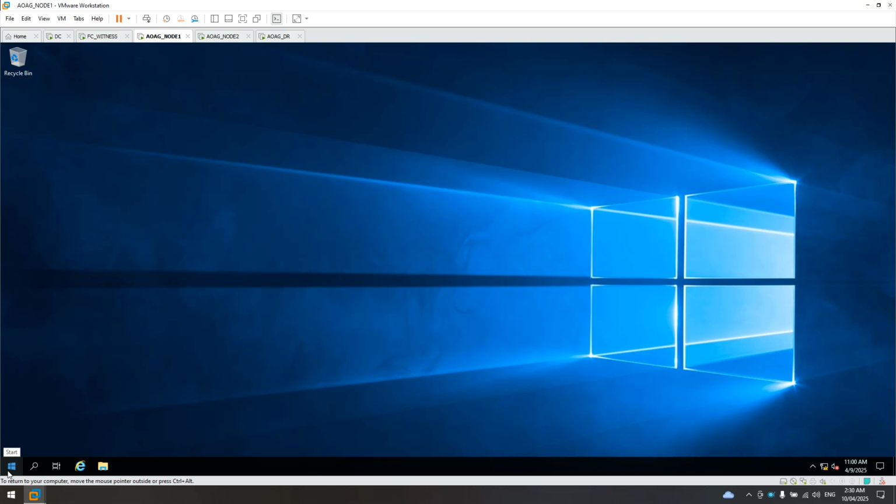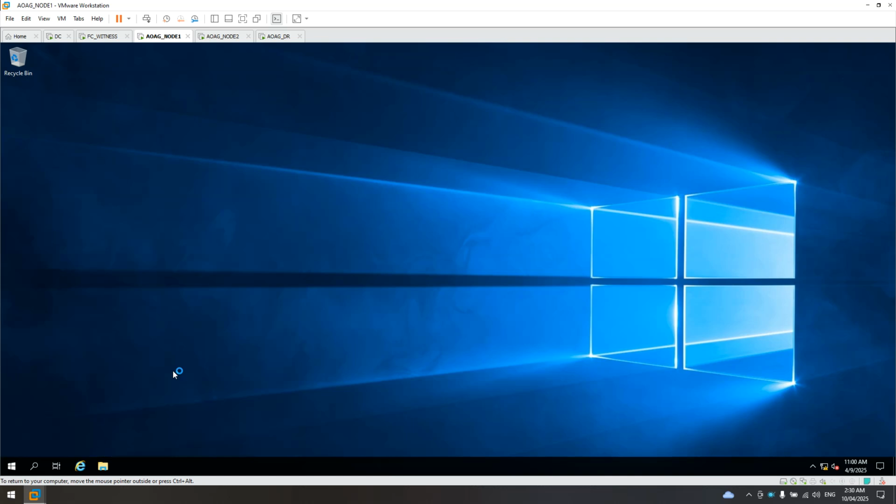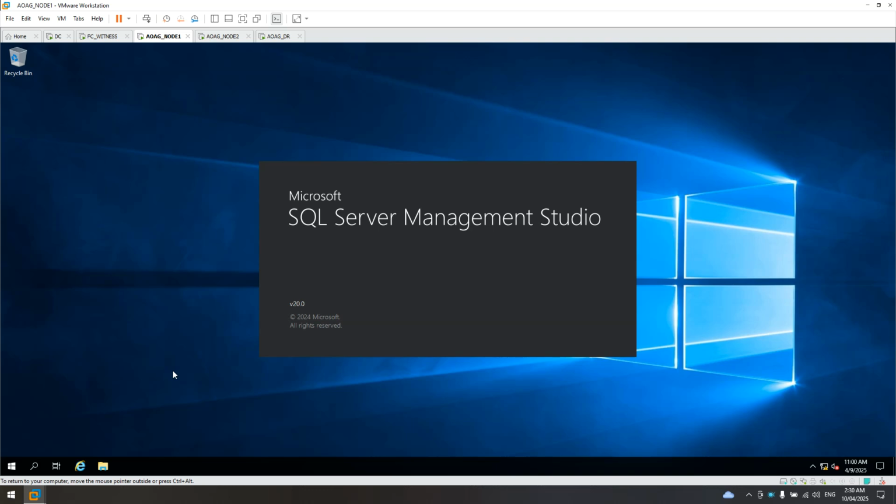Now we will start with opening Management Studio and configuring our AOG. This is node 1. Let's focus on node 1 first.